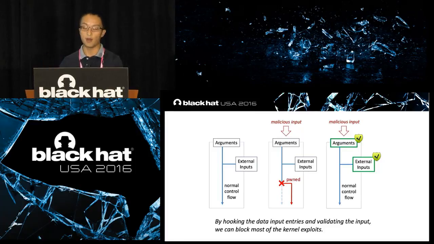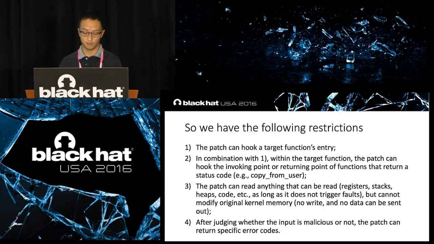We call this a pwned situation. And what if we do enough checks on the input interface? We can block all such kinds of malicious input. Some may argue that not all of the kernel exploits happen in this way. Some are actually race conditions, etc. But we can use the same mechanism to block them. We can detect such situations at the function entry or in the middle of the function to see whether such a situation happens.